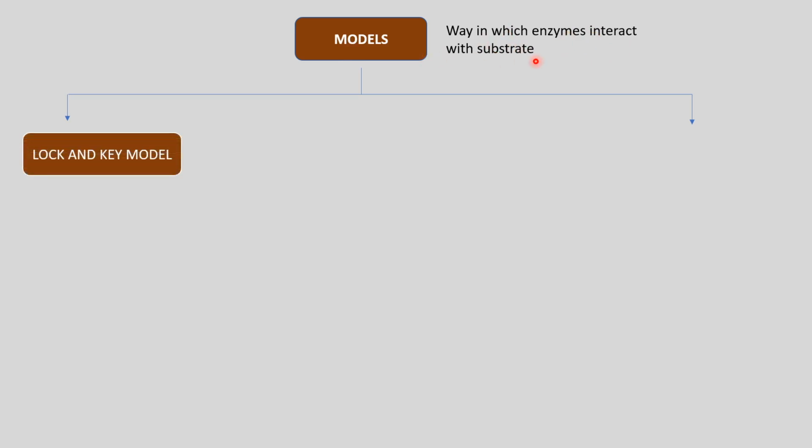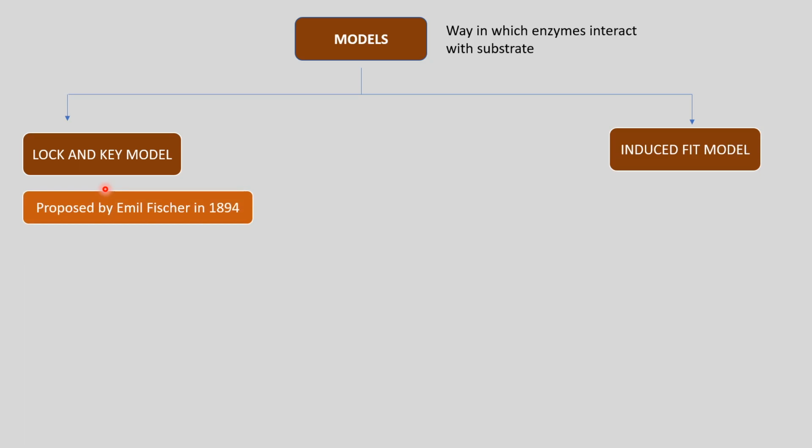Okay, so now let us take a look into the way in which enzyme and substrates bind. There are two models that explain the enzyme substrate interaction, that is the way in which the enzymes interact with the substrate. These are the Lock and Key Model and the Induced Fit Model, right? So let us first take a look into the Lock and Key Model. This model was proposed by Emil Fischer in 1894. So Emil Fischer is the scientist who proposed this Lock and Key Model, and